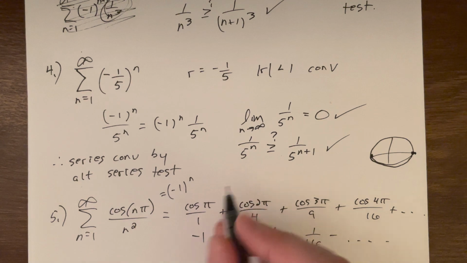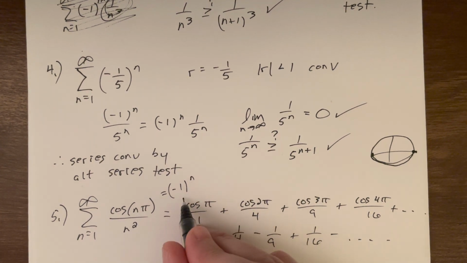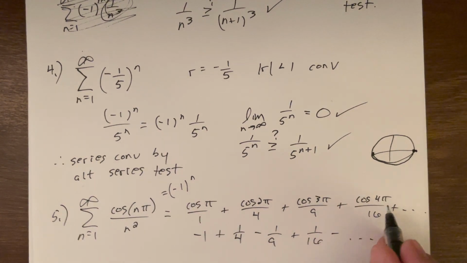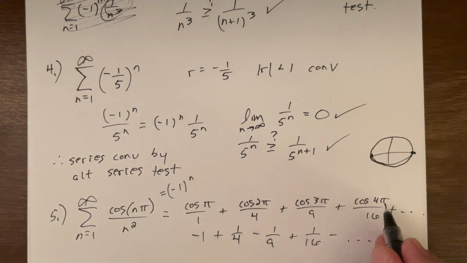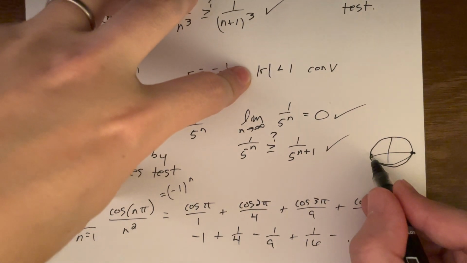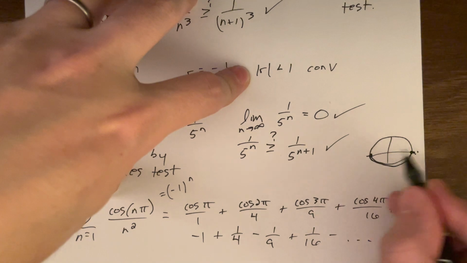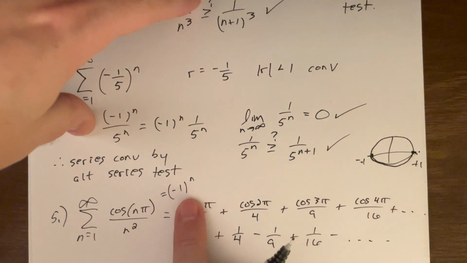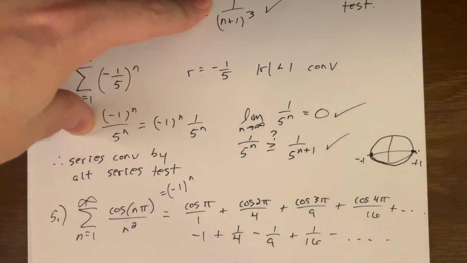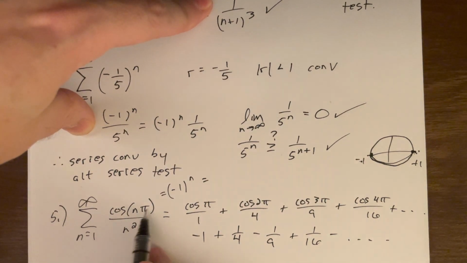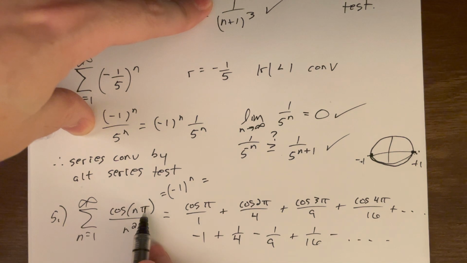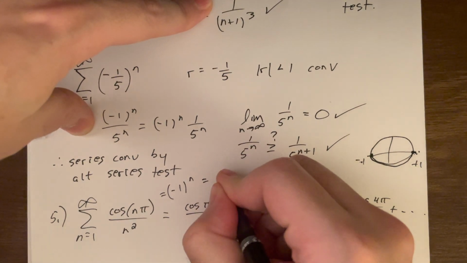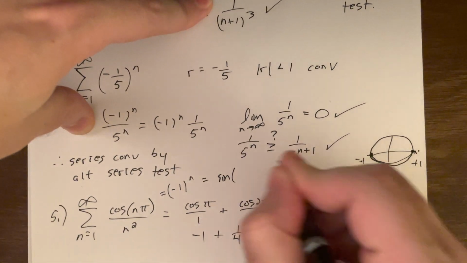But with that experience, like, oh, that looks weird, once we write it out, because of the nature of what we're getting inside the cosine, we just keep bouncing from the x-coordinate here to here, here to here. So we just keep getting -1, +1, -1, +1. Well, that's exactly what this does. I'm not saying it's pretty, but we can see it and plug it in. You could do something similar with sine,